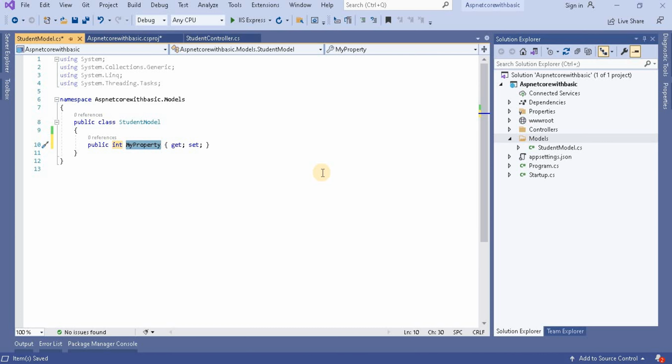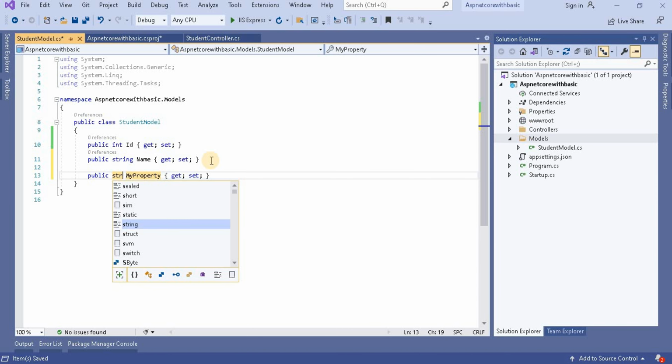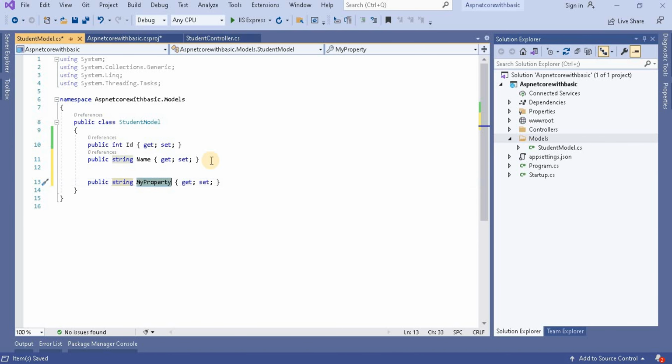I'm going to give the name as Id, and the next property I'm going to create similarly, and this will be a string, with the property name Name. Then prop again, this will be a string, and I'm going to take it as Stream. Next you can write prop, and here I can make it an int, and Gender. So these are the properties I'm going to take.